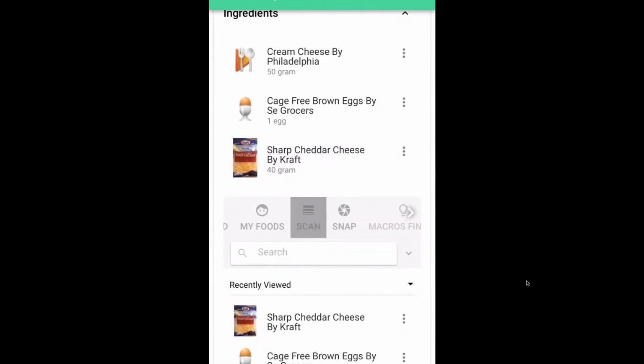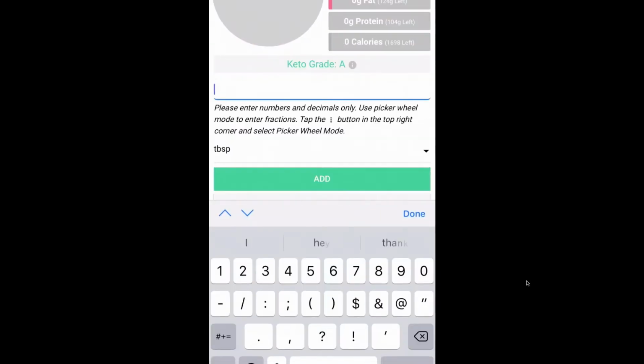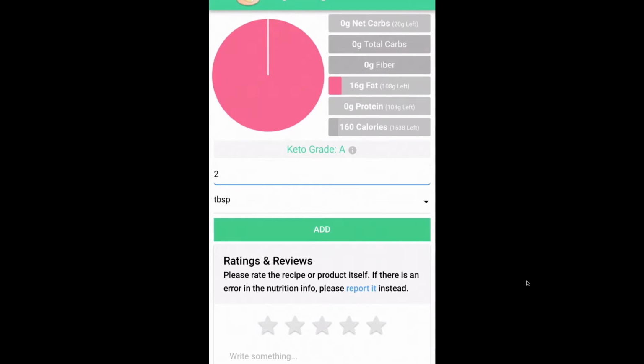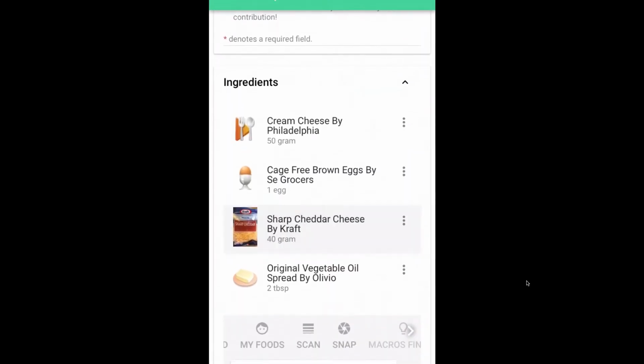Alright, so now let's scan the last item, which is gonna be the butter. We scan the butter, and same thing as before, you're gonna choose the amount that this recipe calls for. So let's do 2 tablespoons of butter. And that's it, you guys. If that's what your recipe calls for,